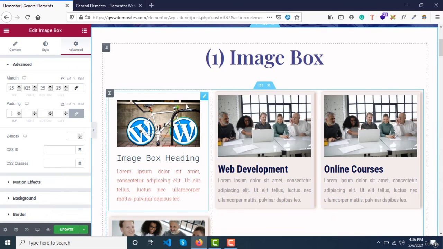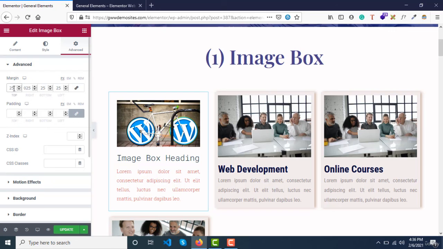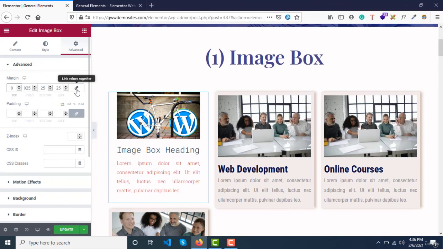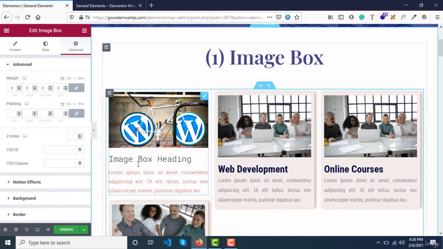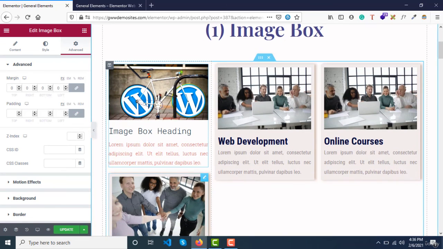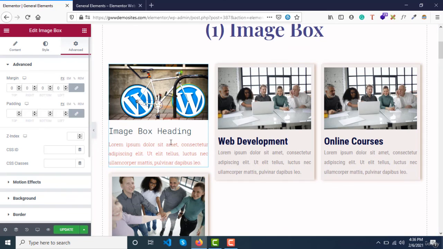All right, let's make it 0. Right, let's keep it like this. And now I think we have completed image box, and now let's move ahead